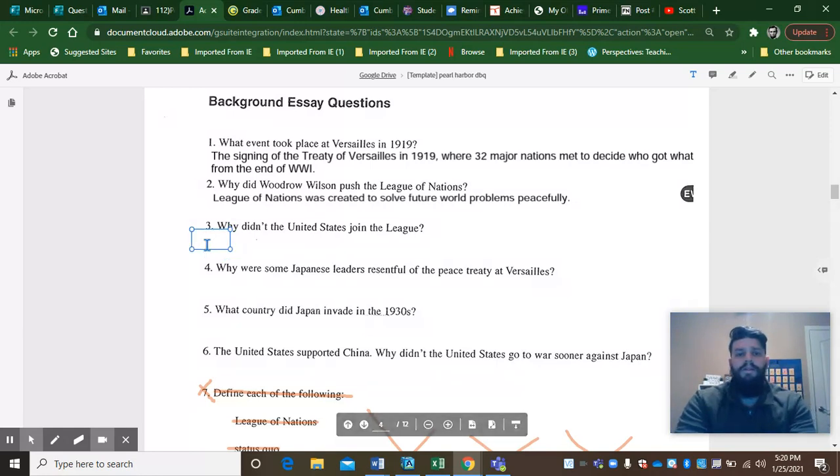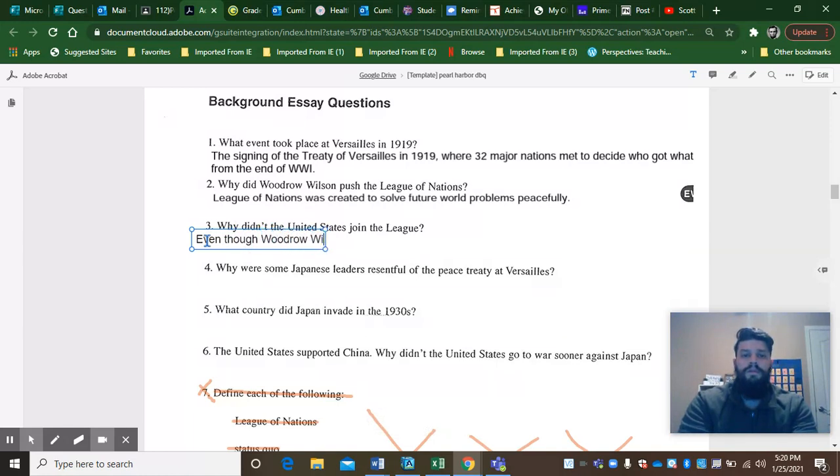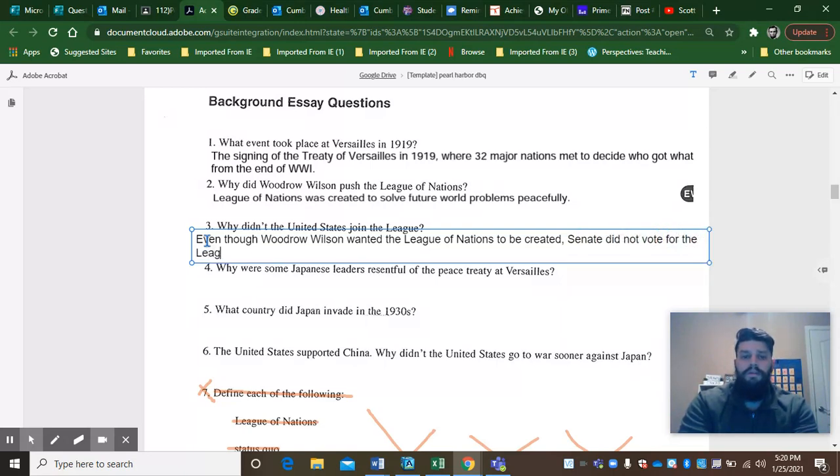Now, why didn't the United States join the League of Nations? I'll say, and again, I only asked for one sentence: even though Woodrow Wilson wanted the League of Nations to be created, the Senate did not vote for the League's approval due to fear of a future war.